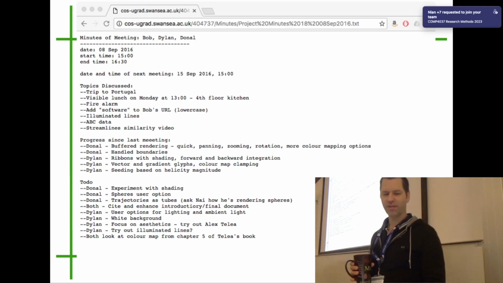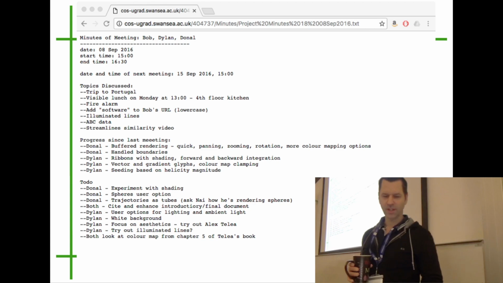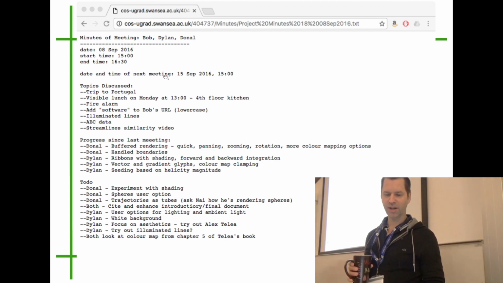That's what a minutes of meeting looks like, or could look like. That's just an example. It's got the people that were there, the date, the time, it's even got the end time, and the date and the time of the next meeting. It has a list of topics discussed, a list of progress, and a list of to-dos.